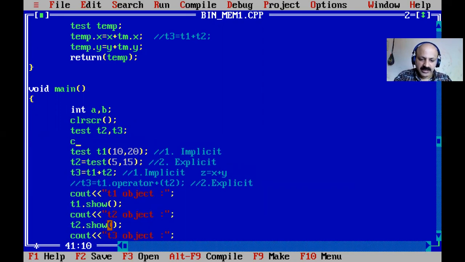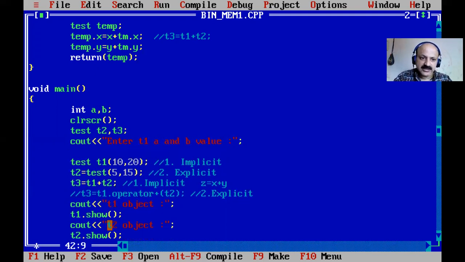So here I write, first we write the object name T1 with A and B values. Okay, we can say enter T1 A and B value. So we can identify that T1 is the passed argument constructor, so A and B.